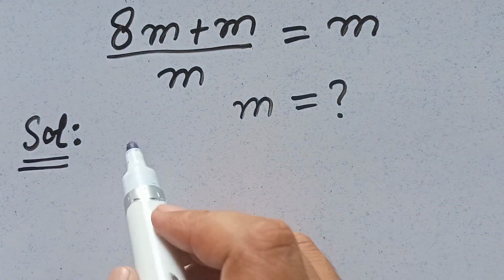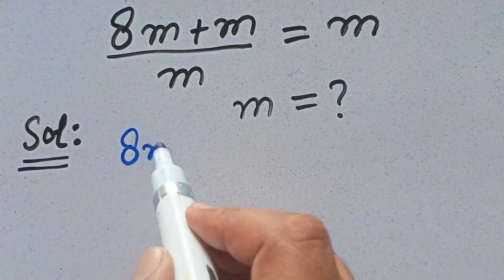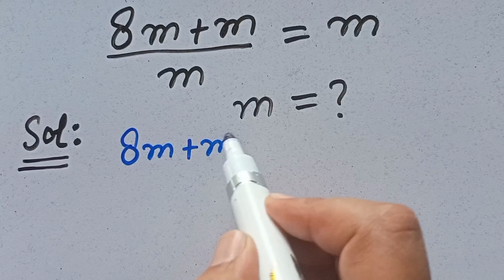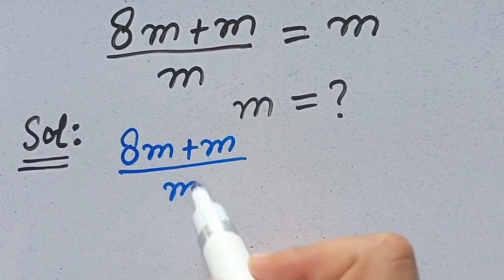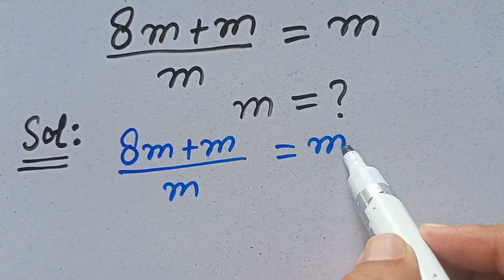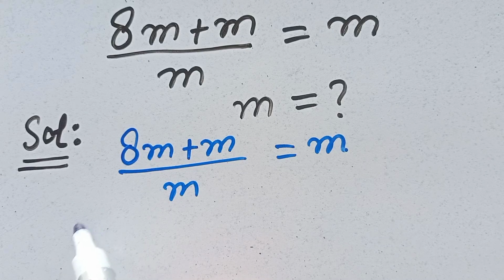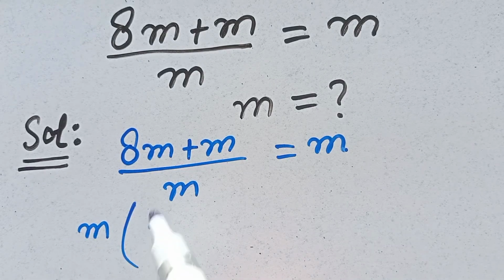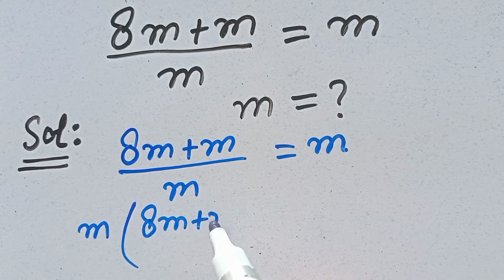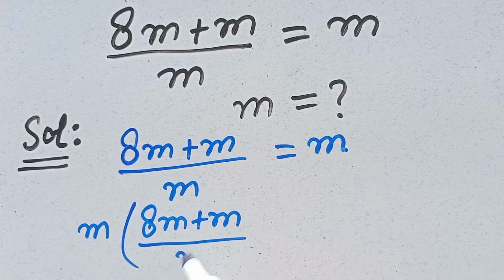8m plus m upon m equals m, then what will be the value of m? We are going to solve this equation by two methods. Let's start the solution by the first method, that is 8m plus m upon m equals m. So multiplying m on both sides of the equation, we will get